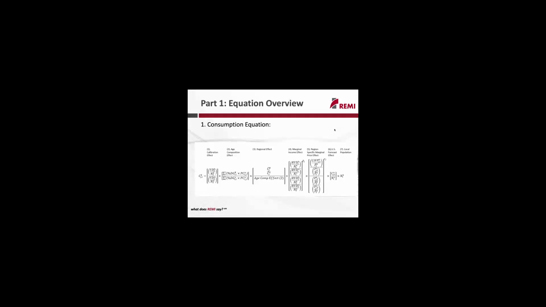And there is also term 2, the age effect. That's because in different regions, the population has a very different age structure, and people in different age groups have very different consumption patterns. For example, younger people may spend more money on new motor vehicles. However, people more than 75 years old will spend less on new motor vehicles. So that's the age effect.